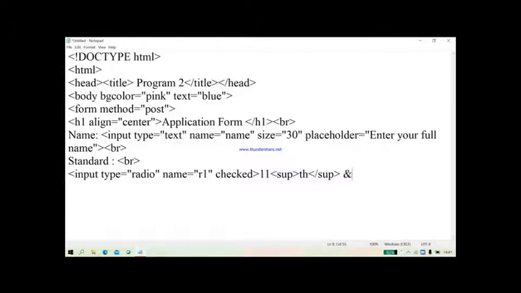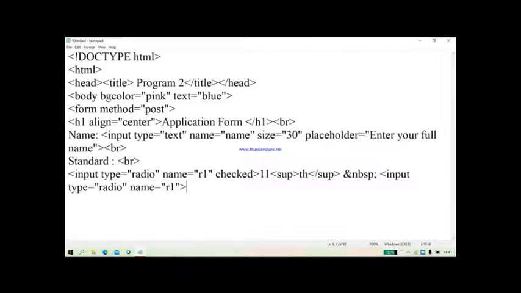Now for 12th if you want to write, so give the space by using NBSP semicolon. This tag is used to give the non-blank space, to give the space between the two letters. Again input type is equal to radio and name is equal to R1 only. Why your name is R1? Because at a time you are going to select only one button.